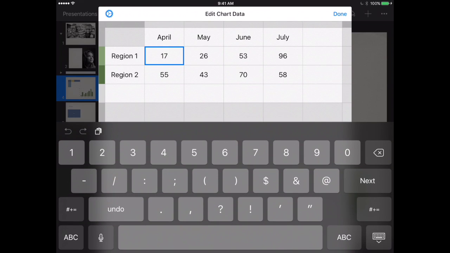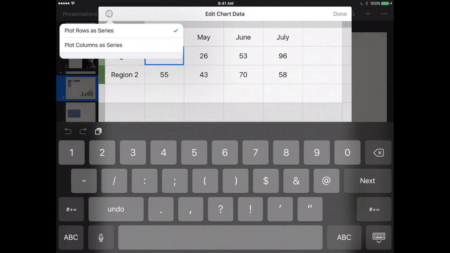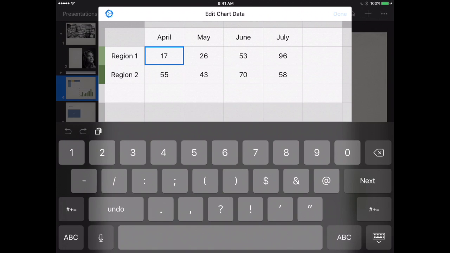It will flip out the chart, and now you can change this to be whatever you would like it to be. You'll notice that there is a gear in the upper left-hand corner for your settings, and this is where you can switch the way that it is plotted. So you can plot the row as a series or the column as a series. You can choose Done,